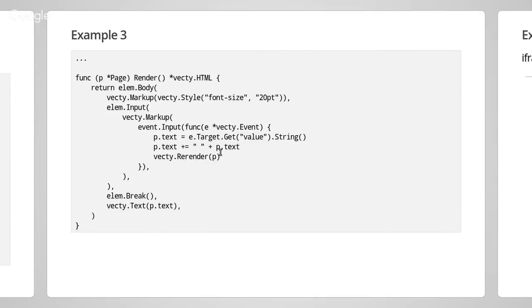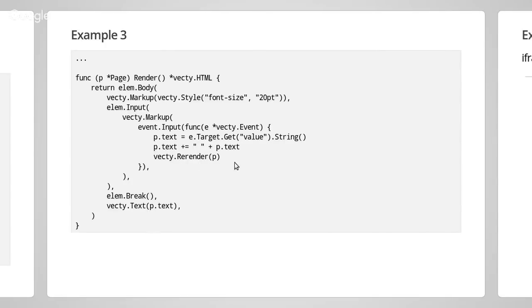Let's look at the event listener now a little bit more. We get the text of the input field, and then we double this text with an empty space in between. But this means we only store the text in the private member variable. We don't do anything yet with it. And the magic happens later.